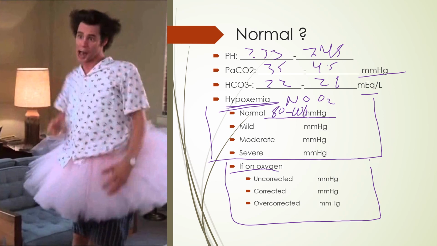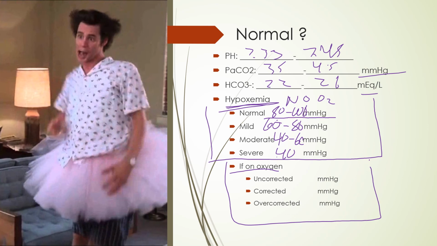Mild hypoxemia would be 60 to 80 millimeters of mercury. Moderate hypoxemia would be 40 to 60, and then a severe would be anything less than 40. Right? If it was less than 40 millimeters of mercury, they're in severe hypoxemia. Their blood oxygen level is very, very low. So their ability to get oxygen onto the hemoglobin molecule, their ability to transfer oxygen to their tissues, severe at that point. So you need to know if a patient's on oxygen, we're going to add this to the blood